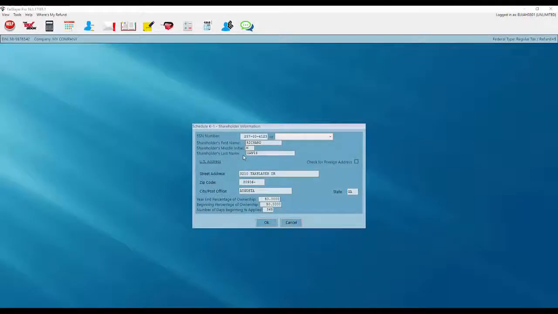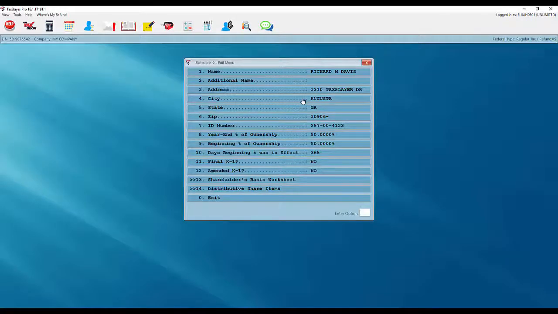I've entered the personal information for this shareholder, including the Social Security number, first name, middle initial, street address, zip code, and once again, once I enter that zip code, the city and state will automatically fill. I've entered the year-end percentage of ownership, the beginning percentage of ownership, and the number of days that that beginning percentage was applied. I can click OK on this screen, review the information that I've entered,